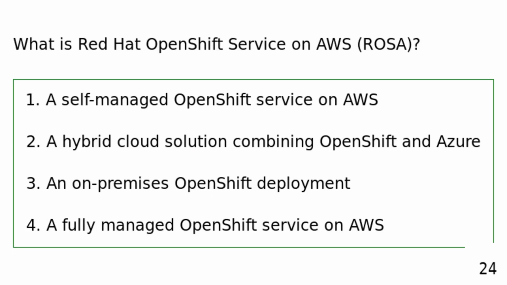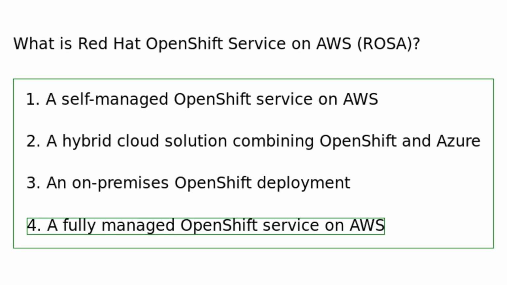What is Red Hat OpenShift Service on AWS? A self-managed OpenShift service on AWS. A hybrid cloud solution combining OpenShift and Azure. An on-premises OpenShift deployment. A fully managed OpenShift service on AWS. ROSA is a fully managed, jointly engineered solution that allows you to run OpenShift clusters on AWS without the operational